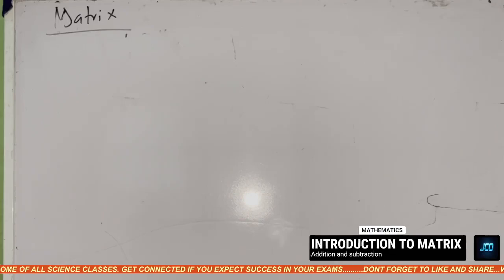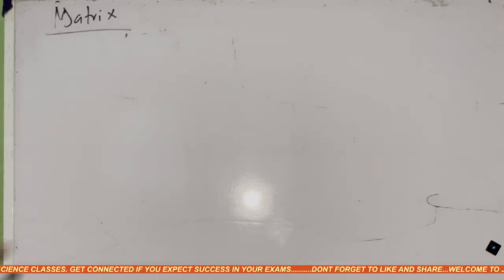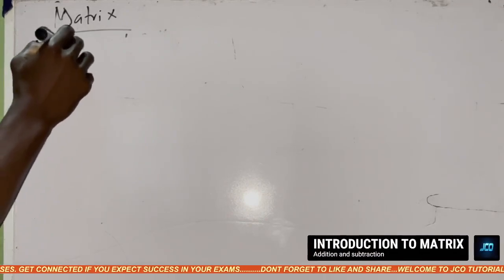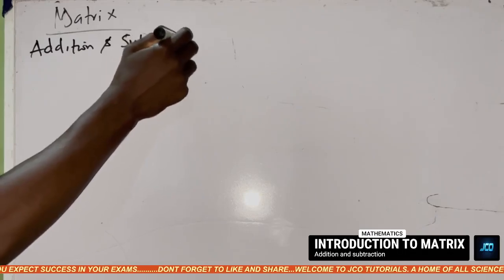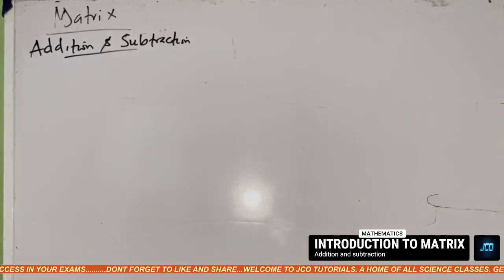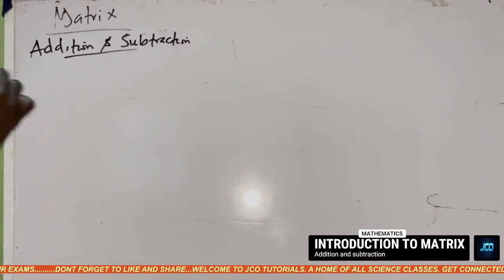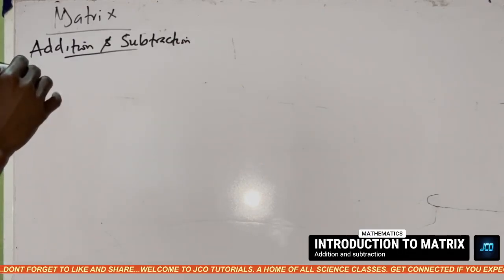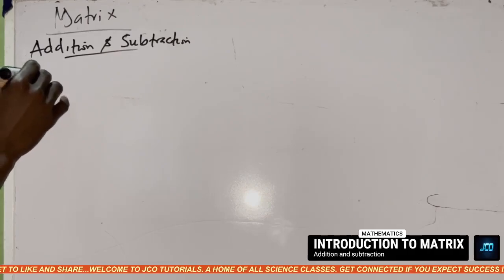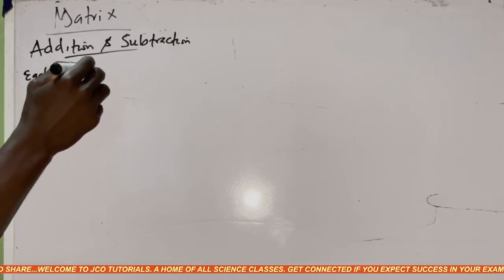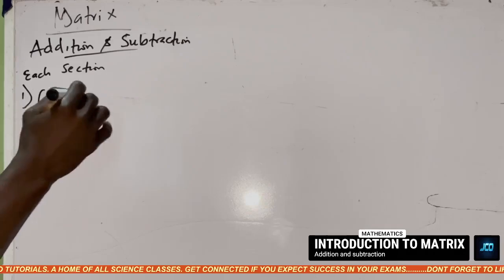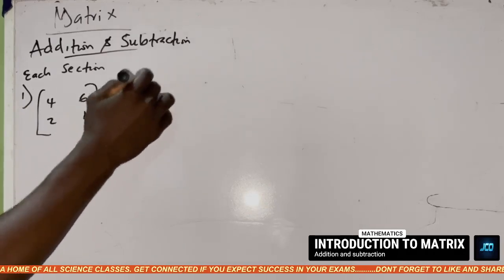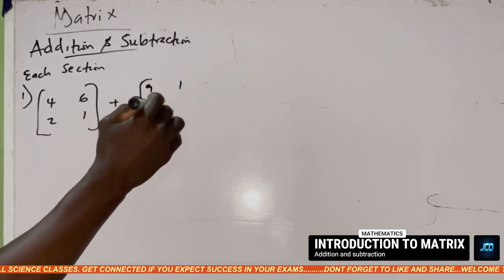Very quickly, let's go to basic arithmetic in matrix. The other kinds of matrix, please take notes. We're just trying to go over certain things. So basic arithmetic, let's do addition and subtraction. How do we go about this? For addition and subtraction, each section adds itself. So if I have a matrix here 4 6 2 1 plus another matrix 9 1 8 3,